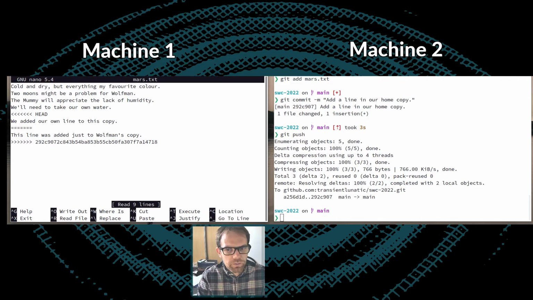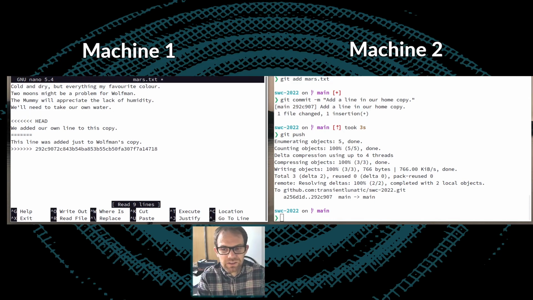We have the option here: we can just delete everything except for "we added our own line to this copy." We could keep both of them, in which case we would just need to delete all of this stuff which Git has added, or we can delete everything and write something else to deal with the merge.